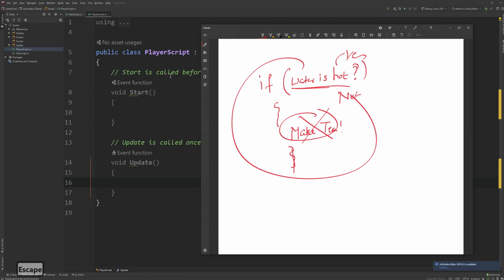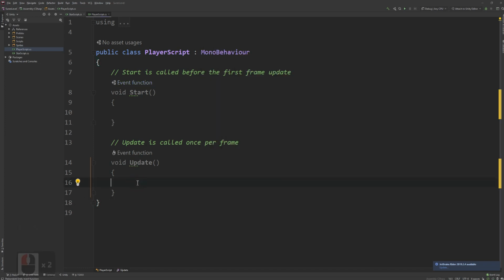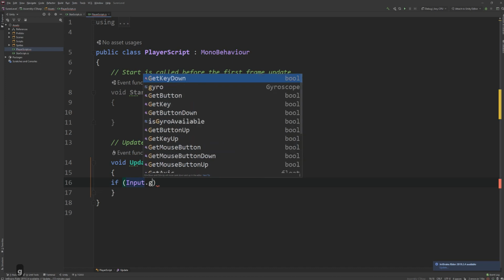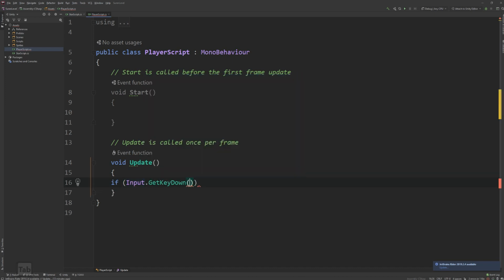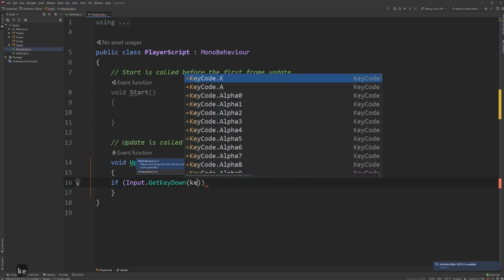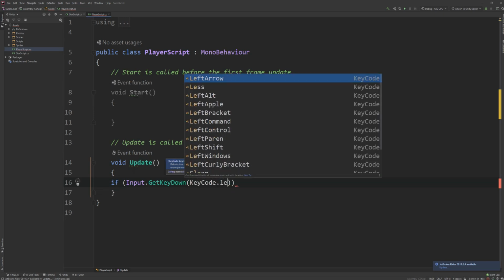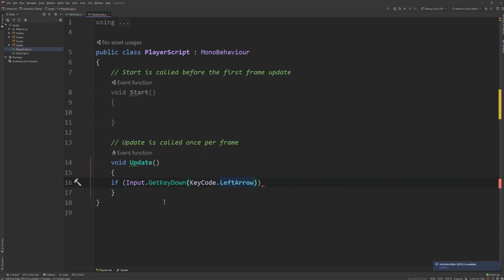Okay, so what I'm going to do is I'm going to write the same. If, okay, input dot get key down. Okay, so if somebody presses a key down, what key? We need to say key code, what key? Left arrow. Can you see? This is the condition. And guys, Unity will actually say